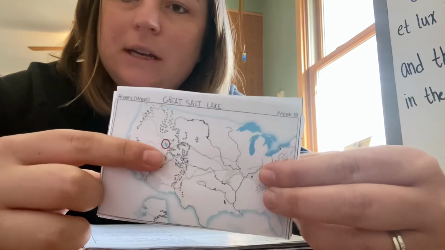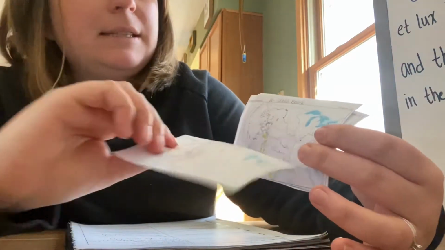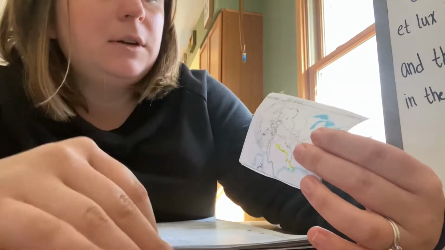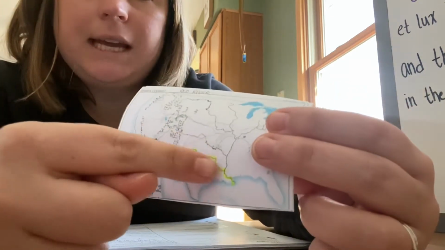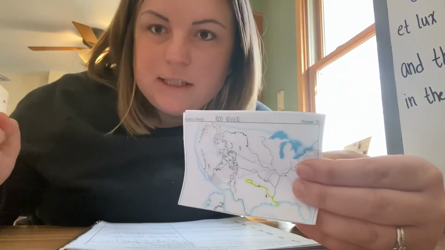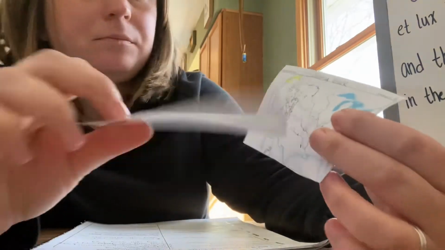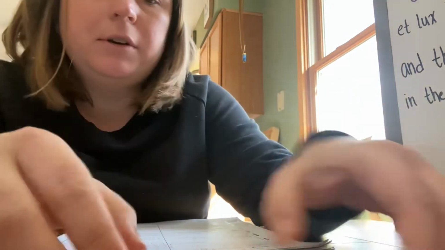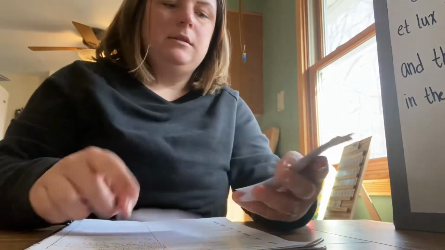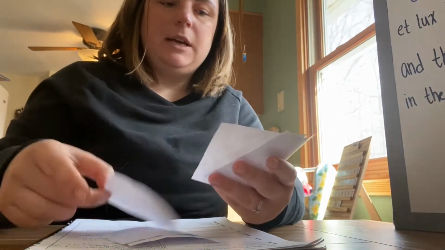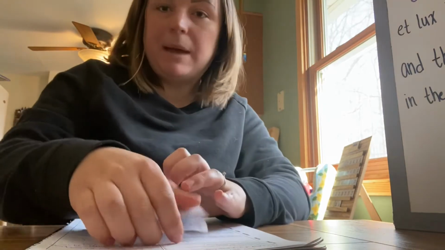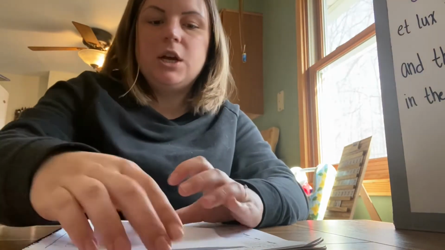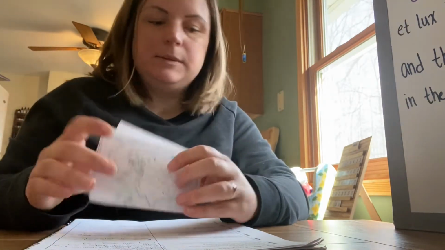This one was already circled for me. So Great Salt Lake, Rio Grande River, Red River. You'll notice I highlighted them. I just used our CC map to find them. Columbia River and Colorado River. Okay. So we'll do that repetition a few times and then I'll get out my great big map and let the students take turns looking and tracing these rivers.